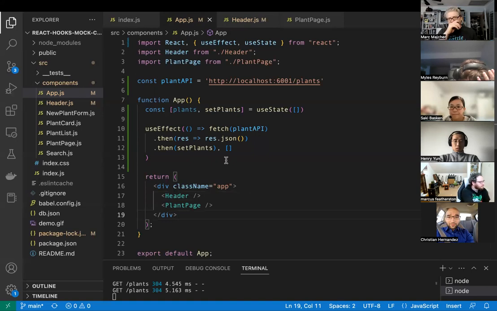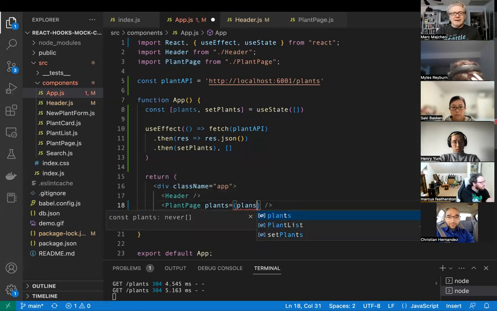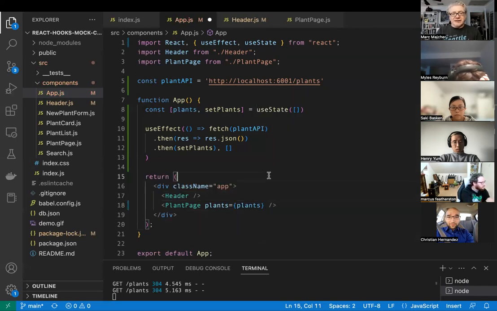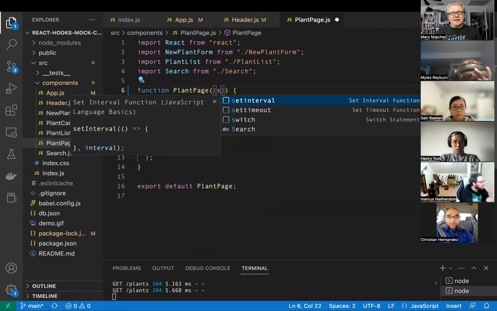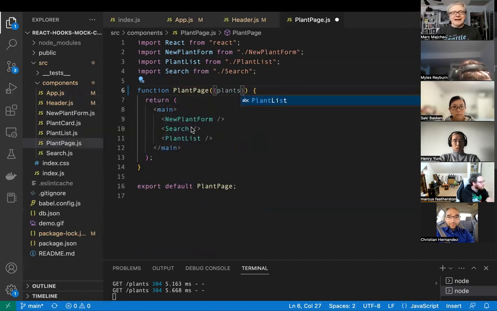Yep. Cool. So the plant page is what is going to be displaying these plants. So let's start the journey of passing plants down. I'm just going to put a prop on there called plants, and I'm going to spell it wrong every single time. So this is getting a prop called plants. I'm just going to destructure it out of here, and I'm going to need to